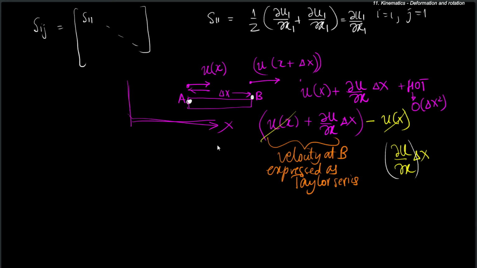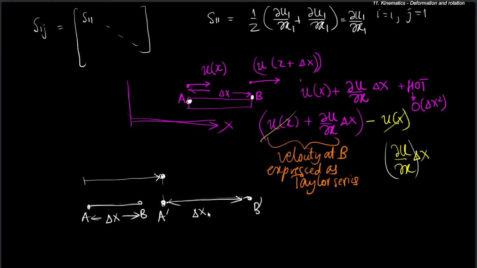It can be negative, in which case the velocity at point B will be lower than the velocity at point A. But under the present sign convention, if this is A and this is B, after a time delta t, point A will move to this location over here, and point B will move over a larger distance than point A. So it will move like this, and that will result in a linear increase in the original length. So A prime B prime will be delta x plus something. It will be larger than delta x.